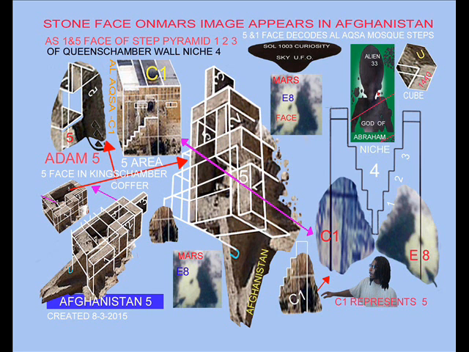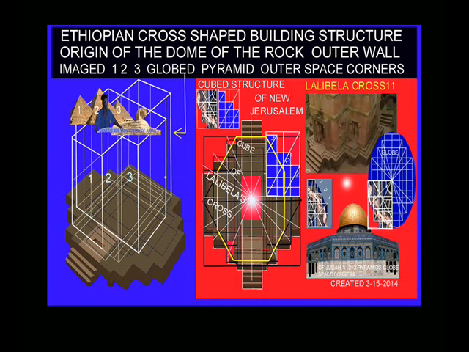And so you have a vertical line in the wall clock and a horizontal line. The horizontal line is 9 to 3 o'clock, and the vertical line is 12 to 6 o'clock. So all the Africans on Earth that enter into the Lalibela cross-shaped building structure are entering in at 12 o'clock. You say, well, what does that mean? That's the doorway entrance. Well, there's 12 sons of Jacob, right? 12 zodiacs, Leo, Cancer, Gemini, and all this. So when we talk about the 12 tribes of Judah, we're talking about the 12 zodiacs, or the 12 signs